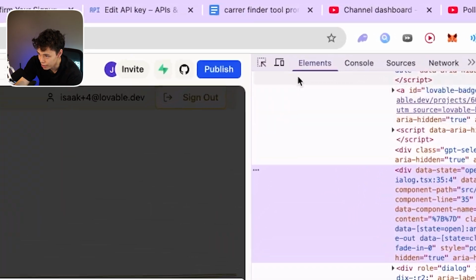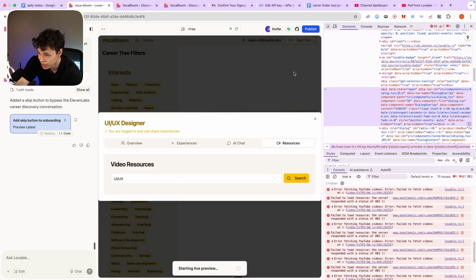So what I'm going to do then is I'm going to go over and press on this right here. I'm going to press on this component using the select tool in the inspect view. And if you're on Safari, this might be a bit annoying. But essentially, if you're on Safari, I'm just going to show you guys how you would do it.